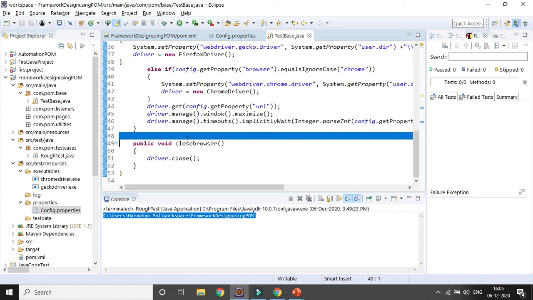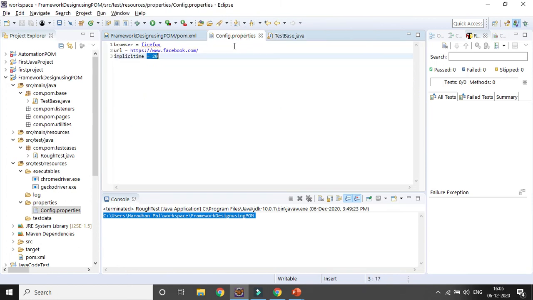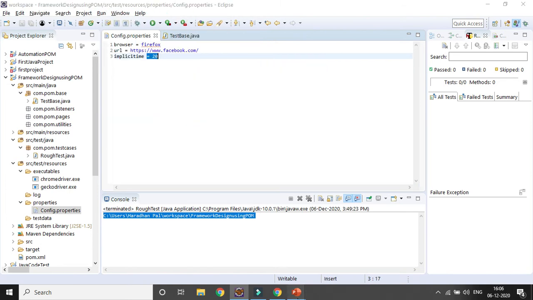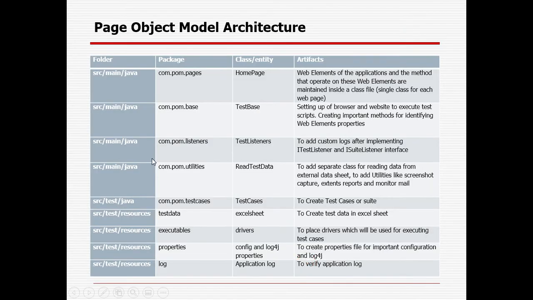Now suppose I want to automate the Facebook home page. Okay, so let's keep it here. Let's close the pom.xml file. Then, once the test base class is created, I will create a class for each and every page in the pages folder.